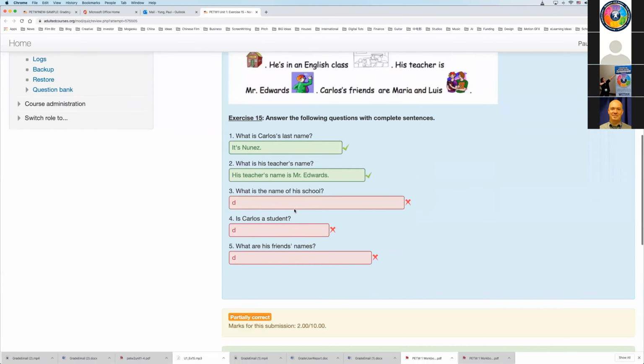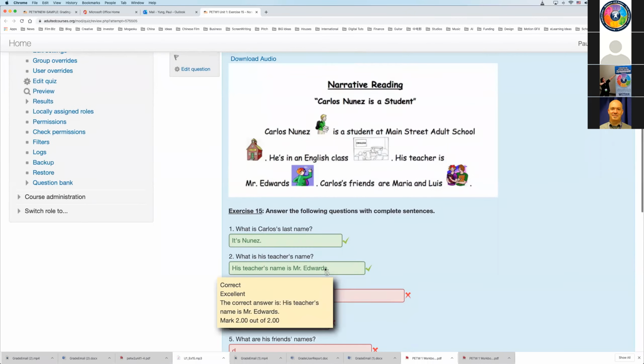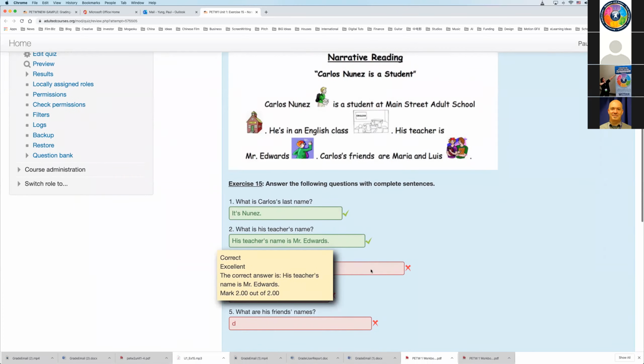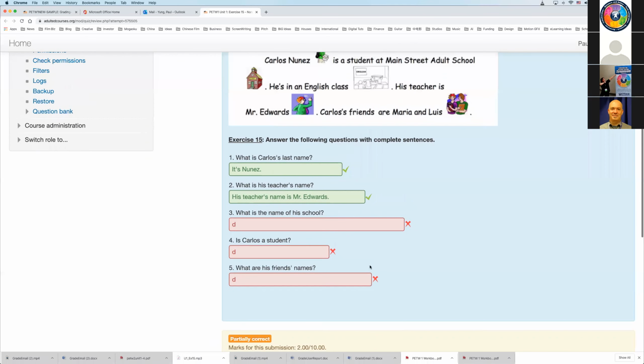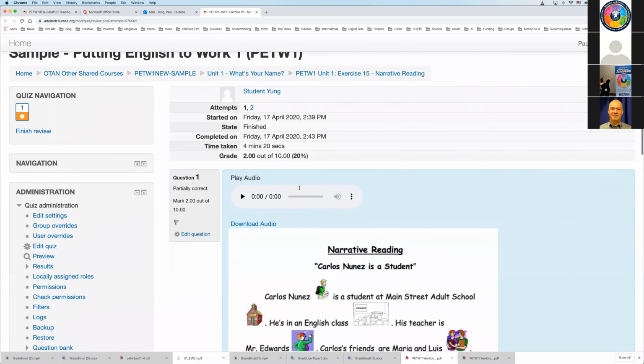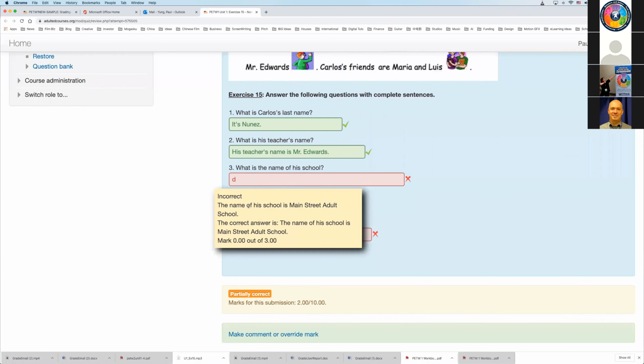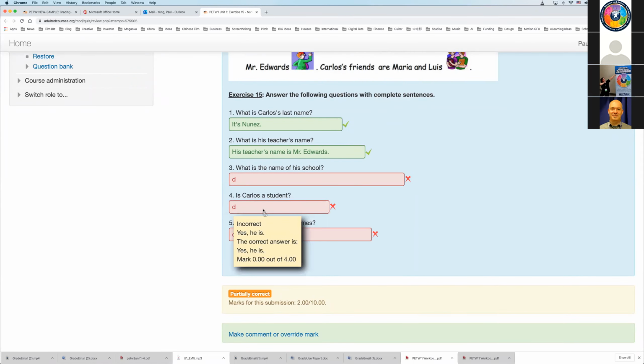Okay, and this exercise is one of those that are automatically graded by Moodle. But Moodle has assigned a grade here, right? Imagine that the student wrote the correct answer, but not a complete sentence as the system wants.